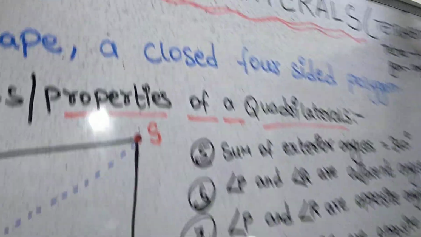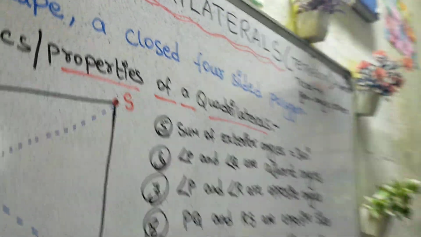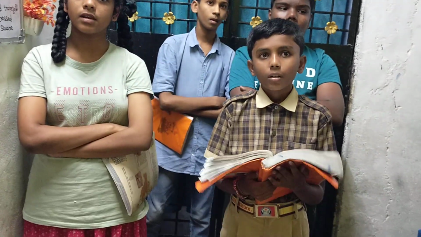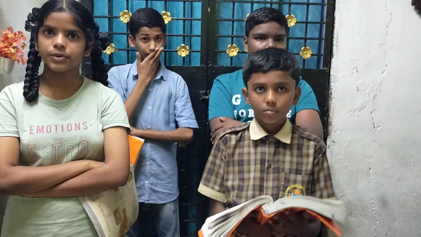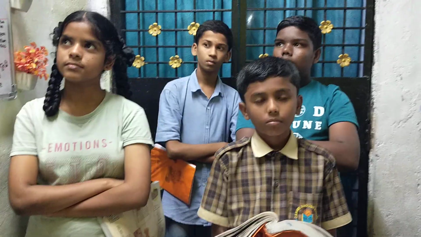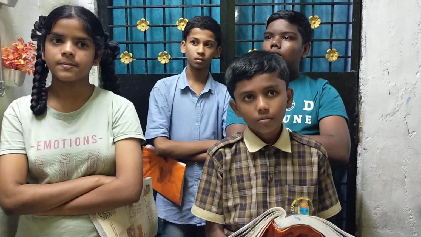And then next, it is a closed figure. Kids, what is special about a polygon? A polygon is made up of line segments, not curves. That means all straight lines are involved in making a quadrilateral. No curves. And 4-sided, that means it has 4 sides. In the name itself it is there: quadri 4, latus sides. Now you got the meaning?